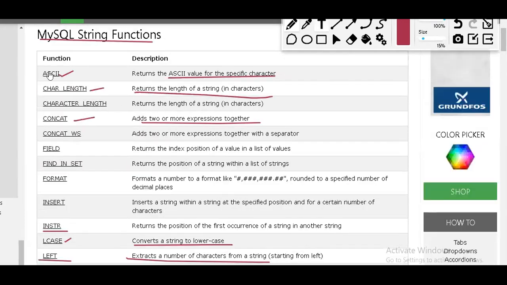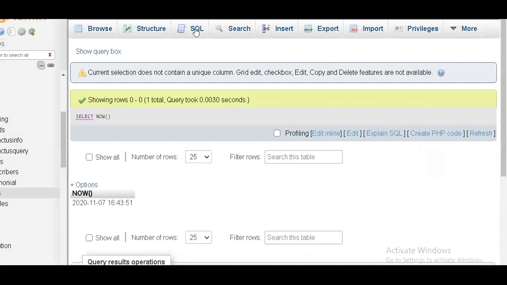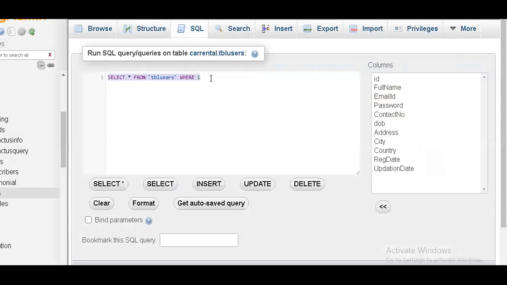So regarding ASCII, if you have a computer, you can start it. Otherwise, you can just watch the session on the computer. Those who have computers, you can go through your XAMPP server, open it and start typing over here. I'll be using a temporary virtual table. That table does not exist, but for non-table queries it will give me the answer.